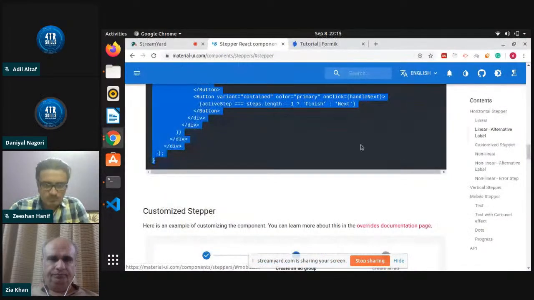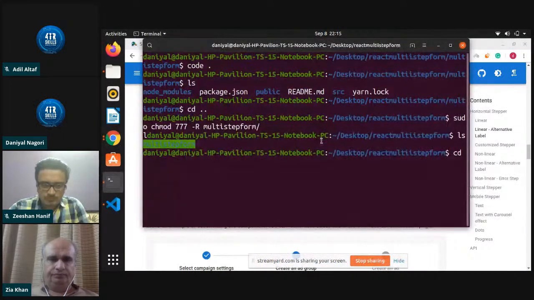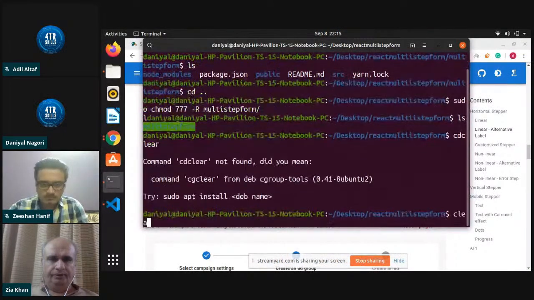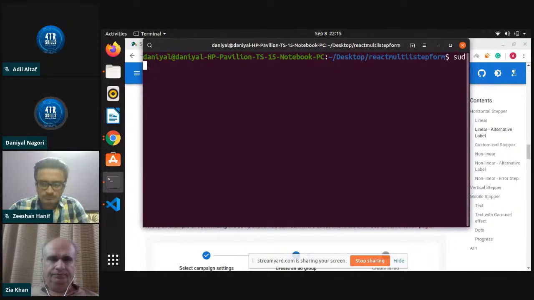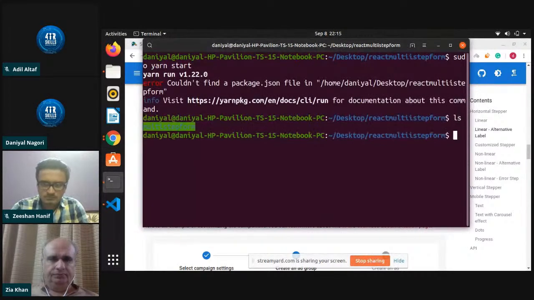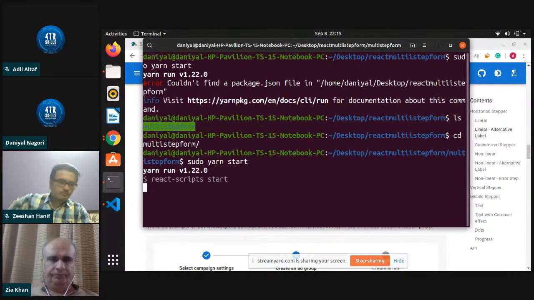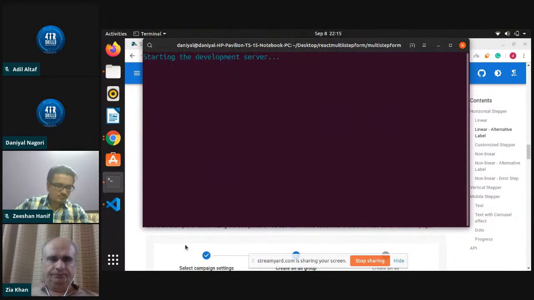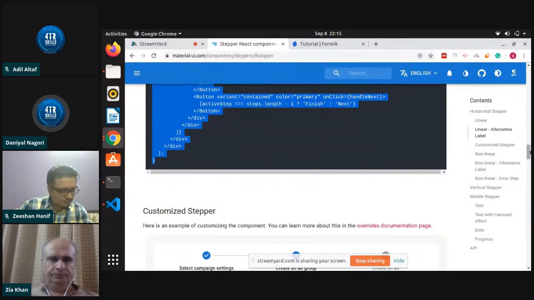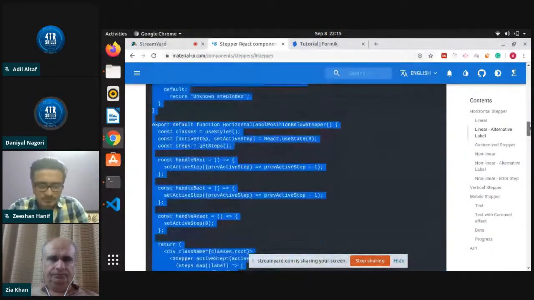Let's try to run this form. Clear, and sudo yarn start. I'm not in this folder. Sudo yarn start. So basically, you all students can see,